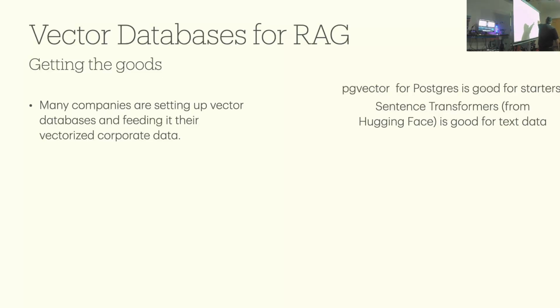So PG Vector is a great starting place. Hugging Face, especially if you're a Python guy. I'd say it's stronger than that. I think the vector database market is all gonna die, because PG Vector is so good. PG Vector is good enough.